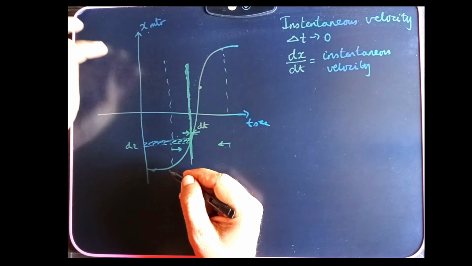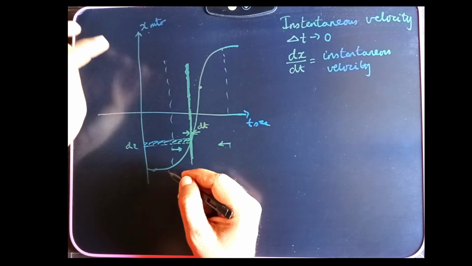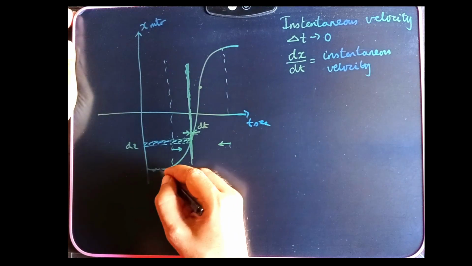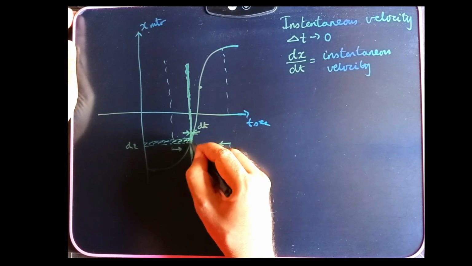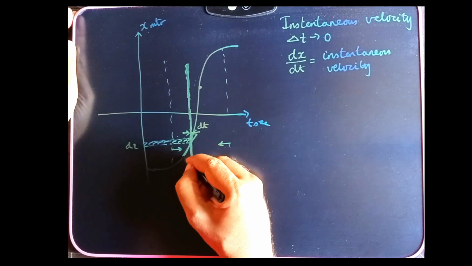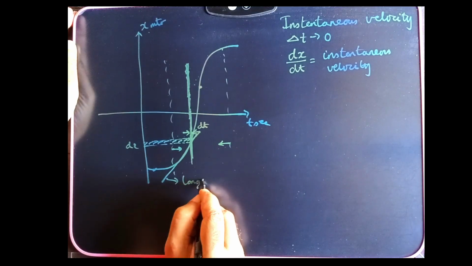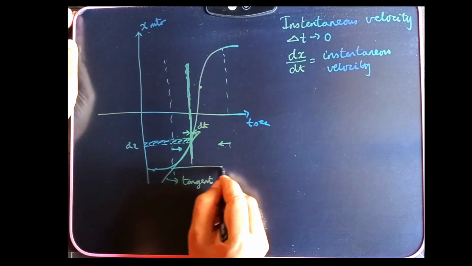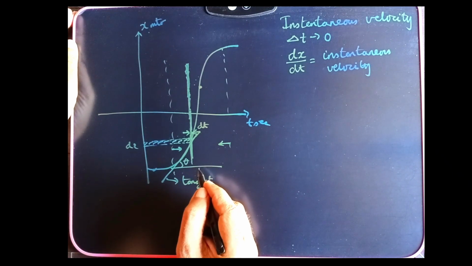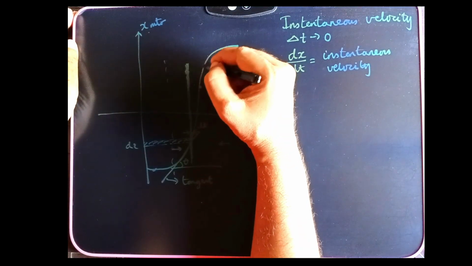Now, if I want to know the velocity at that particular instant, I will have to draw my line as close as possible to this particular point. If I draw my line this close to the point, it will appear as a tangent to the graph. This will be the tangent. So if I take the slope of the graph here, theta, or the slope of any tangent anywhere else,